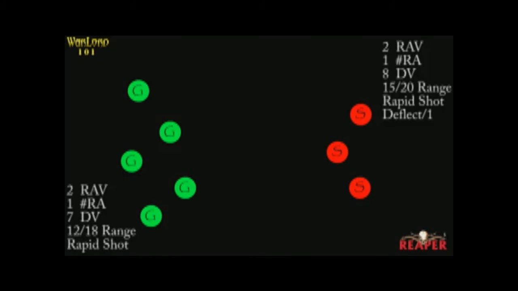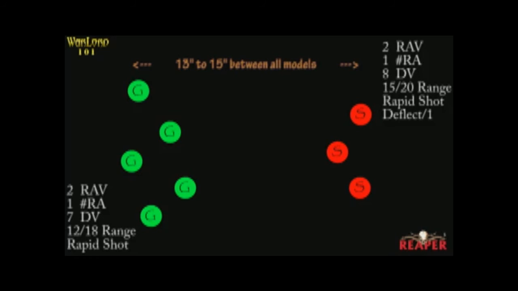Okay, so we're ready to shoot, and what we're going to say is, for this example, the goblins have the activation, so they're going to be declaring shots. And what we're going to do is declare that all the goblins are going to shoot into all of the skeletons. We would already have checked to make sure that everybody has a line of sight and we're within range. We're going to say that for this combat, all of the models are within 13, 14, 15 inches, so they're all going to be within short range of the skeletons. That's going to matter in a minute, and they're all going to be within the long range of the goblin